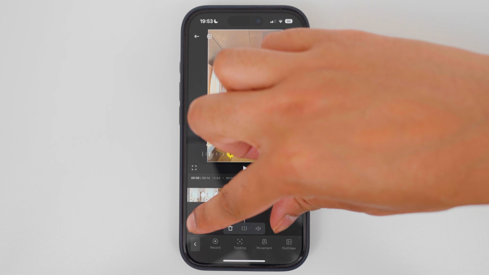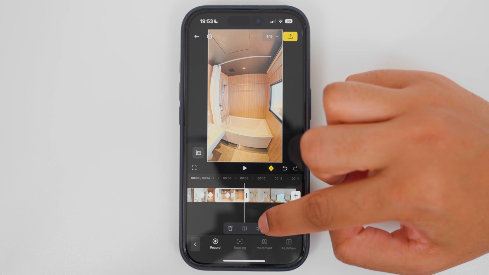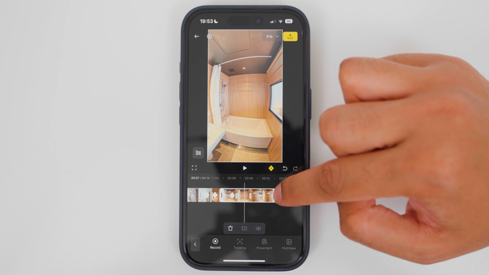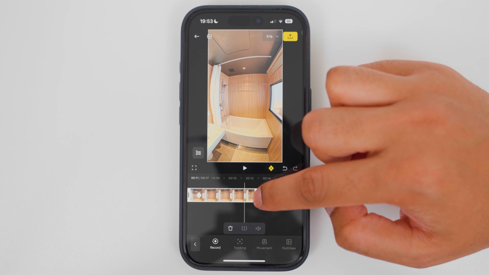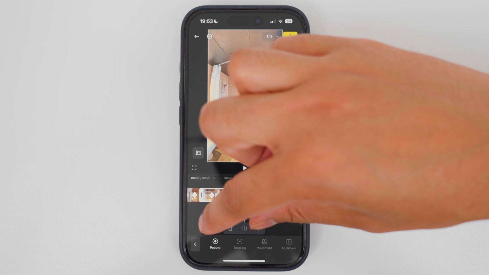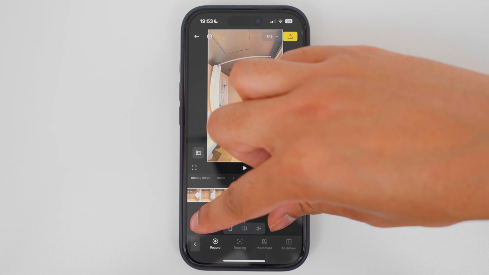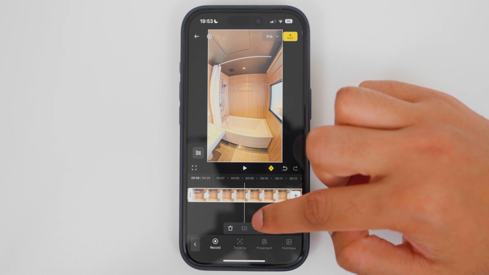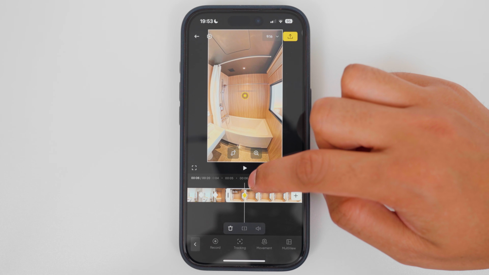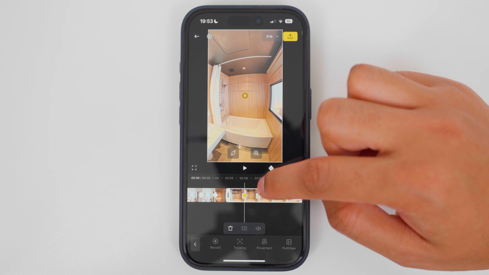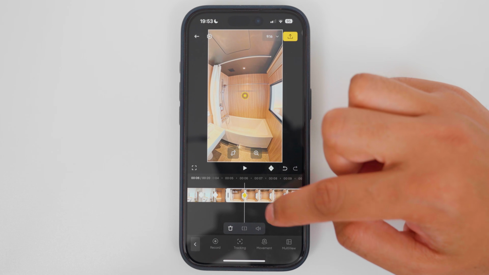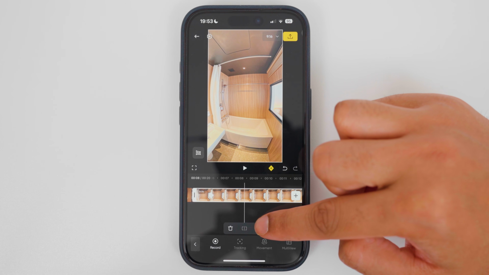So to do this, I will zoom out the timeline slightly and make this photo longer until it's 9 seconds. Then I will zoom in the timeline to be more precise when editing. From this keyframe, I will move forward 3 seconds in the timeline. Right now, I'm at the 6th second, so 6 plus 3 equals 9. So I will go to the 9th second,